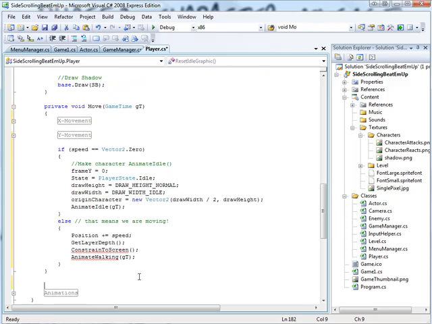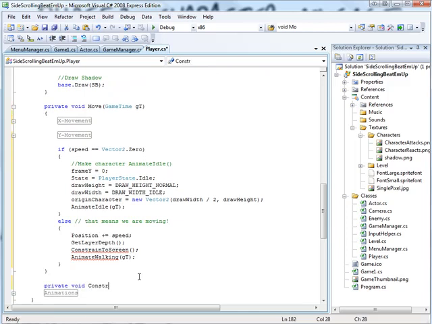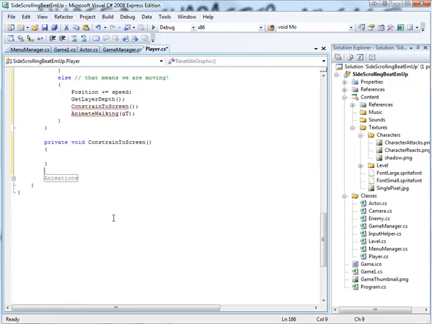Well, let's make up for that other method which I keep talking about, which is constrain to screen. Private void. I'm just going to copy it. Probably going to type it out incorrectly. I can see myself doing that. Bet you can too. And I'll battle with the keyboard until I get it working. Instead we can just do this. And you know the code for this one. Don't let the player go off the screen